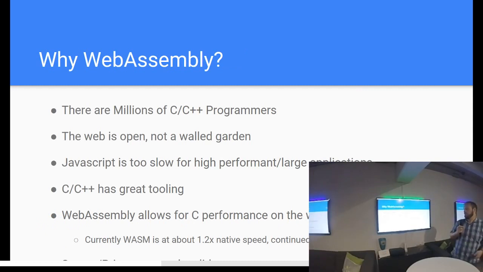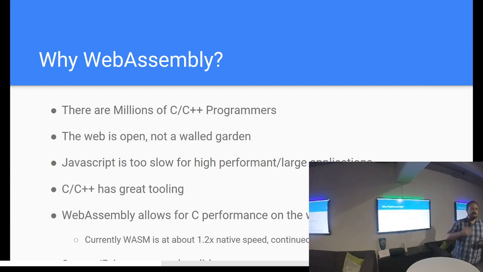So why use WebAssembly? Obviously there's benefits to having that native speed: high performant apps, video games, video editors, any sort of thing that takes any sort of CPU power to function. Right now JavaScript's kind of used in a one size fits all way. It's not necessarily the best tool for some of these jobs.